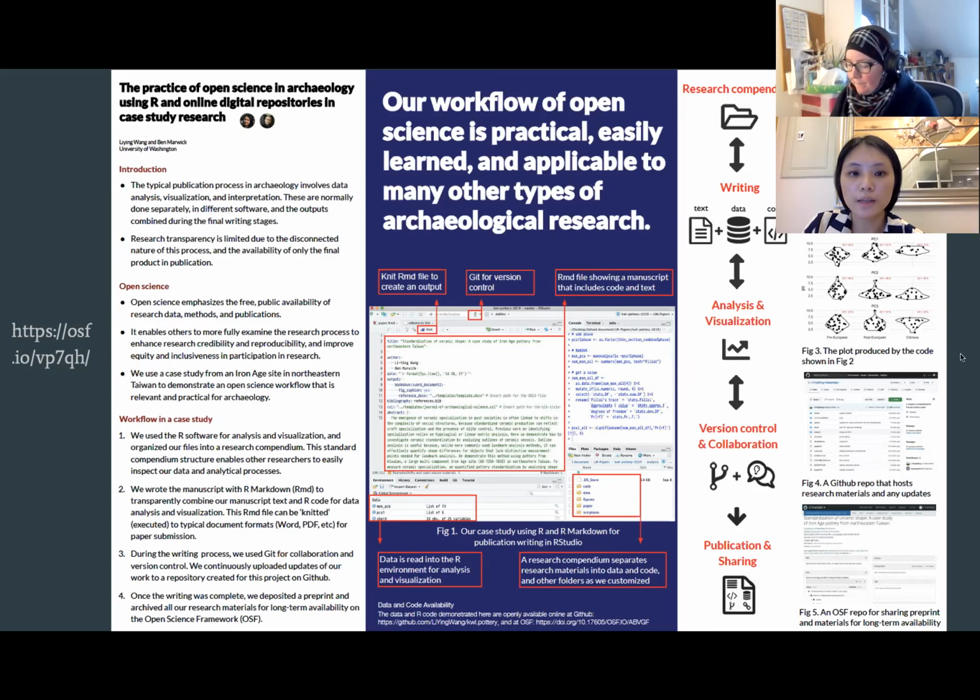So for my practice, I use a research compendium. What does that mean? It means it can combine text, data, and code for analysis all together in one single document, which is R Markdown. This allows me to analyze and visualize data in one R Markdown document, so you don't make any mistakes, like by copying and pasting your figures or data or some final outputs from another